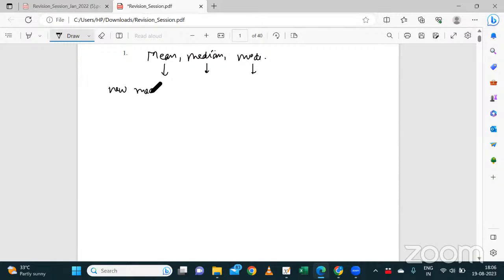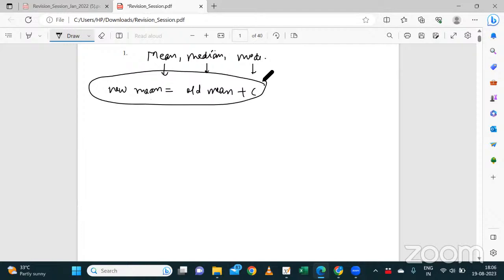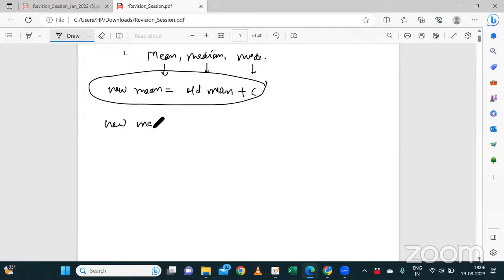In the last session, we were at the topic of the mean, the median and the mode, and we discussed these things. Also, if I have an old data set and I want to add a constant value to all the observations of the old data set, then the new mean will be the old mean plus that constant value. The same holds for the median: if I add a constant to all the observations, the median of the new data set will be the old median plus